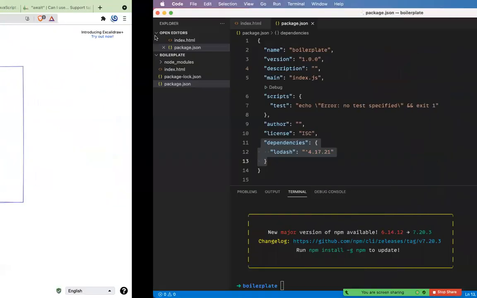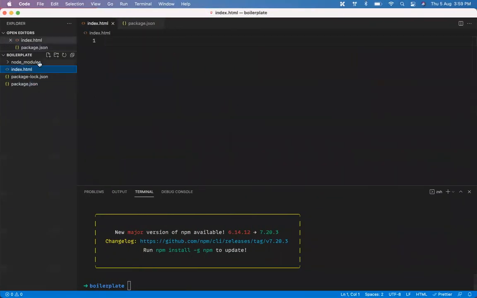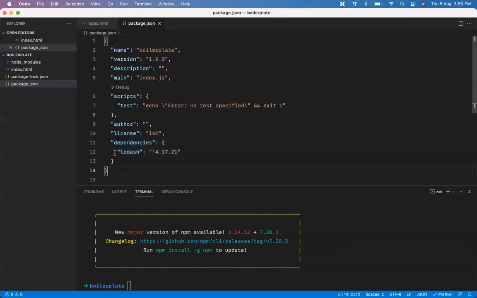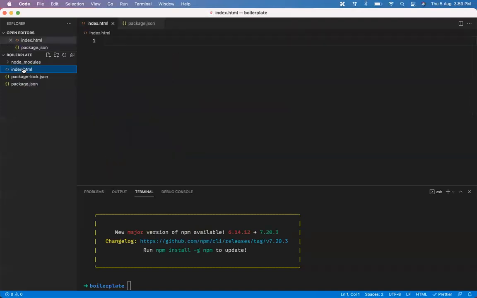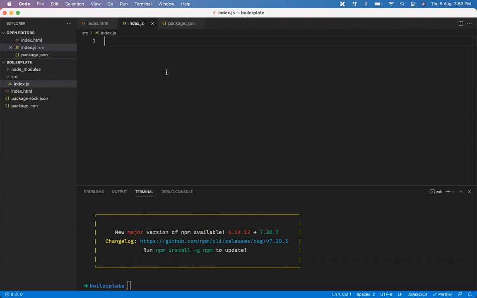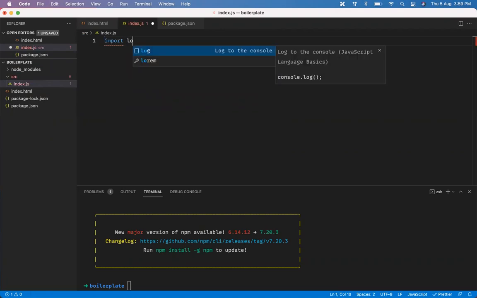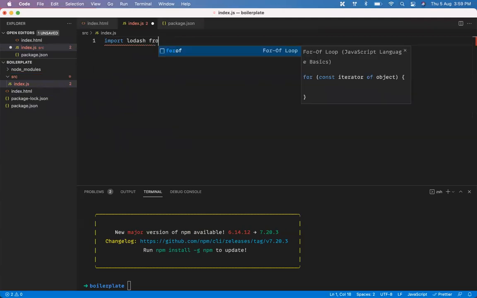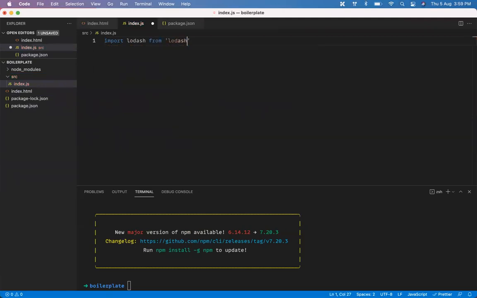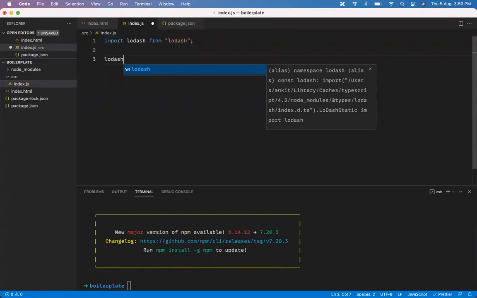The other problem also happens when you start using the modules that we installed here. So for example, I installed a module called Lodash. What if I want to create a file here? Let's create a folder. Okay, so I'll just go ahead and say src, I'll just call the file index.js, and here I'm just going to say import Lodash from Lodash. So if I want to use Lodash, I can just use it like this, and I can import it like this, but whether it will work or not is the problem.